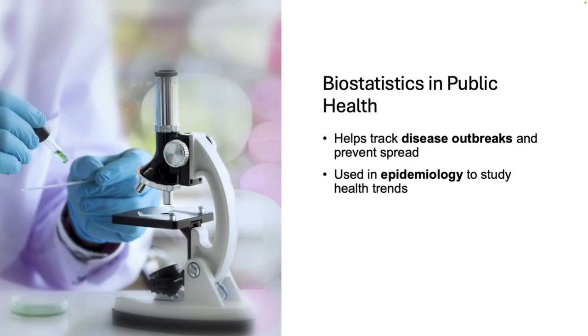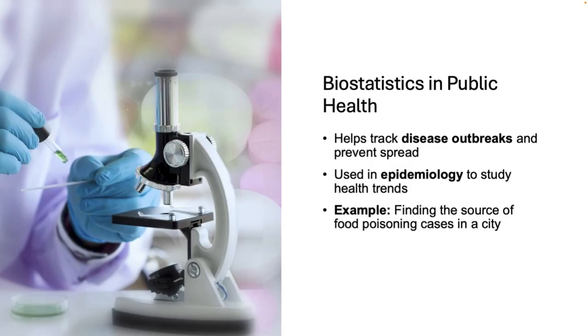However, biostatistics isn't just about medicines. It also helps us prevent disease outbreaks. Health officials use statistical models to track illnesses like the dreaded COVID-19 or the flu or even food poisoning outbreaks. So let's say, as an example, a health department notices that a lot of people in one city are getting sick with a strange stomach-flu-like illness. By using biostatistics, they track cases, look for patterns, and even discover that all the sick people ate at the same restaurant. By identifying the source quickly, they can stop the outbreak to prevent more people from getting sick.